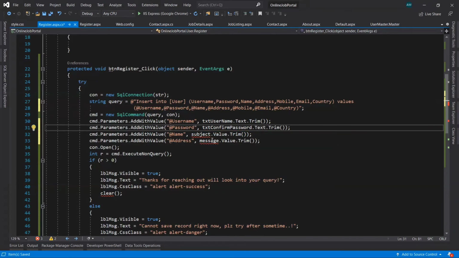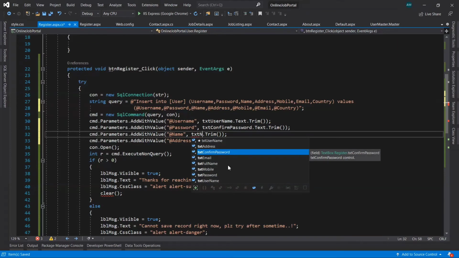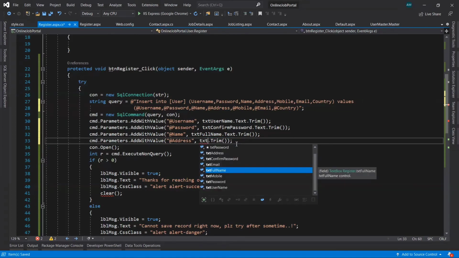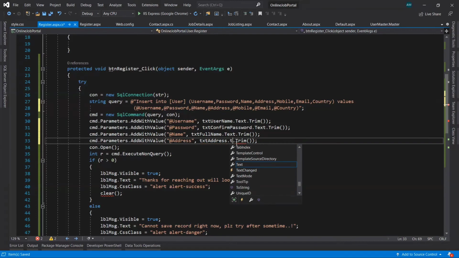For the name, txtFullName, yes, full name dot Text. For the address, txtAddress.Text.Trim. So still we have to use this for mobile, email and country.